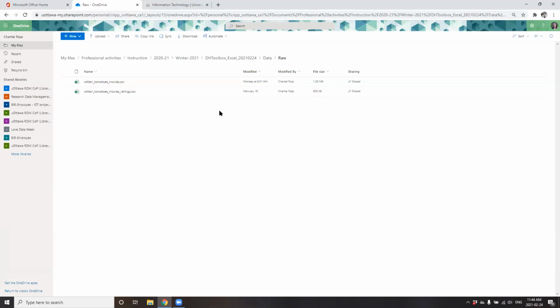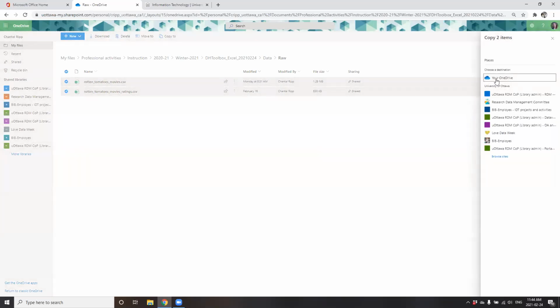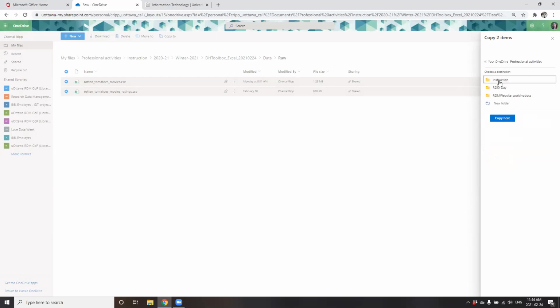And what you can do here is copy the data set, and I'm going to do this for mine. I'm going to copy my raw data set to a separate folder. I've named my separate folder analysis, but you can name it something that makes sense to you or your workflow. For instance, that could be working or other. I'm going to navigate to my work folder.